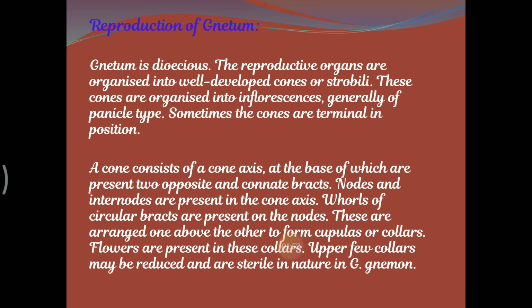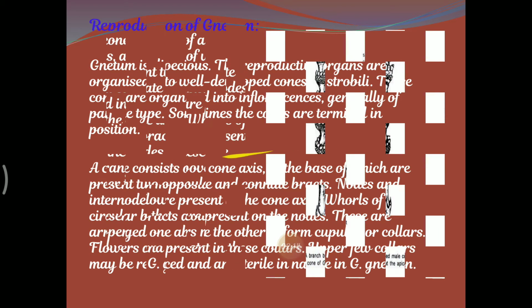Later, the male nucleus in the female gametophyte fuses with the female nucleus of the egg in the embryo sac to form a diploid zygote. This is how zygote formation takes place. The zygote gives rise to a diploid embryo and the ovule becomes a seed. The seed germinates into a diploid sporophytic plant.